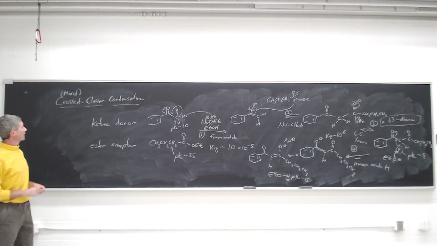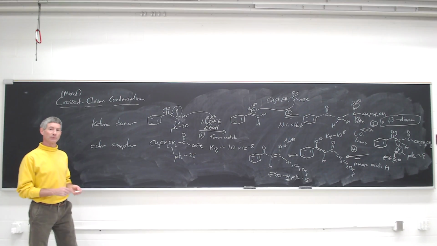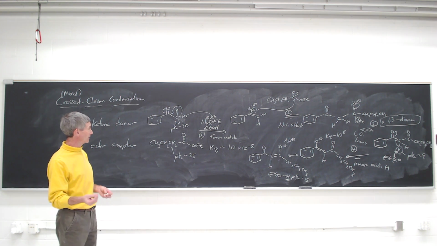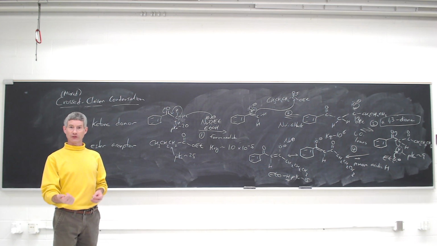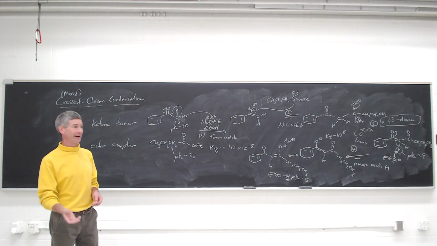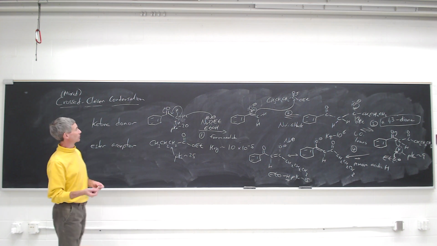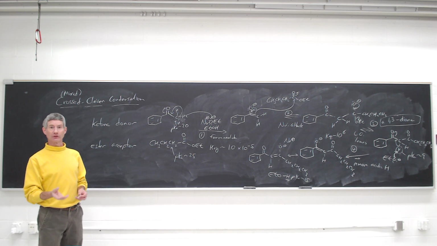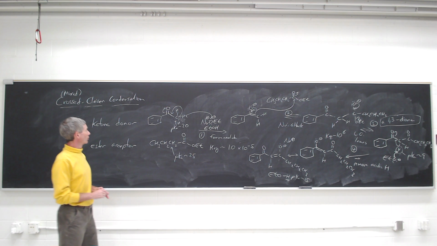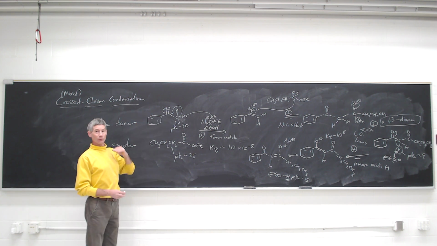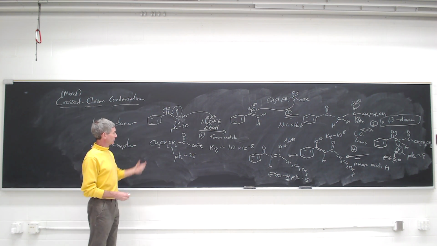So the mixed Claisen condensation or crossed-Claisen condensation can productively be done synthetically when one of your esters has no alpha hydrogens and you get your order of addition right, so you're adding your enolizable ester slowly to a mixture of non-enolizable ester and base, or when your donor is a ketone rather than an ester, and your acceptor